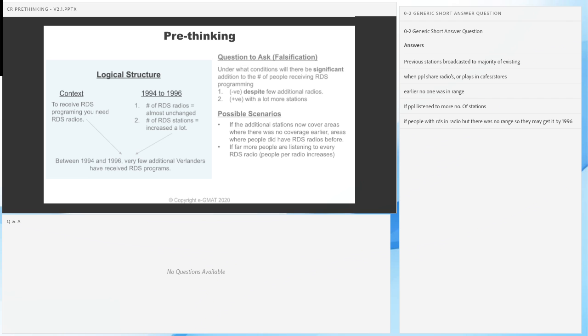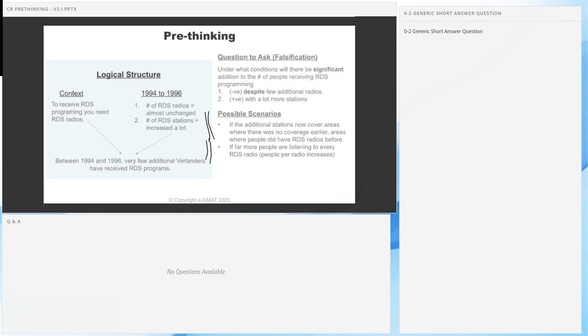Okay. Is that clear? Possible scenarios are if these new stations broadcast to people who had the right radio. You had a 5G phone, but your provider didn't cater to your needs, but now your provider starts to cater to your needs. Or you start putting these radios in Starbucks, and so way more people listen to them. Can you see both these scenarios shatter my conclusion? They falsify it. Okay. I want to see a few more yeses. I know this is a heavy session, but a few more yeses would be very useful. If these are my possible scenarios, the first scenario is fairly simple. It's something that you guys experience every day.